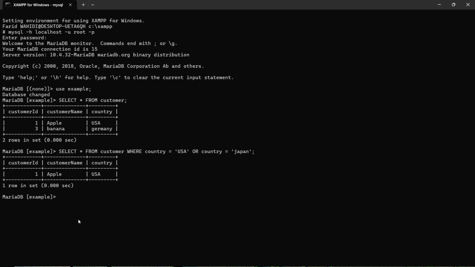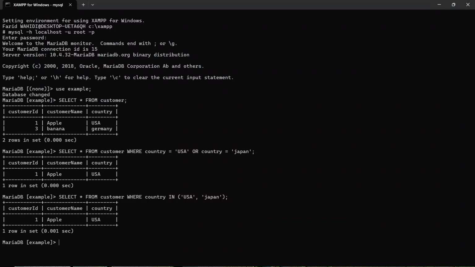Now let's work with IN. I want to write this, and instead of this I want to write IN. Inside the parentheses I can write USA and Japan, okay? Japan. Now let's see. It shows apple. What is the difference? Both of them give the same result. What is the difference? Look,